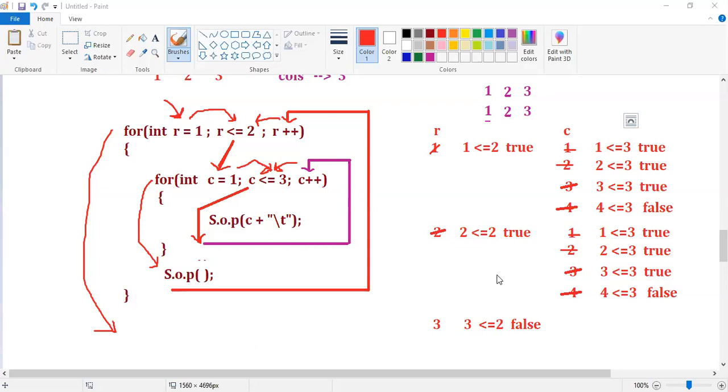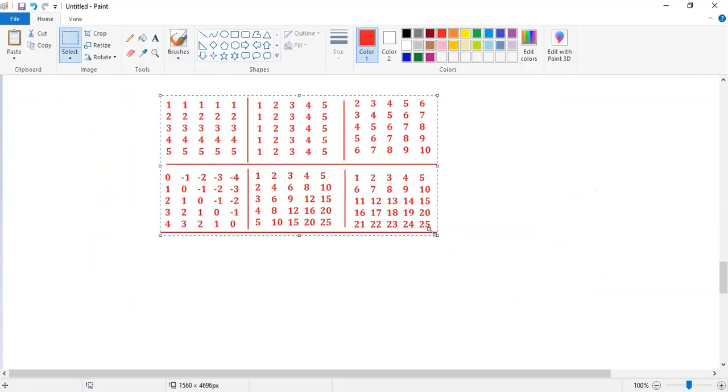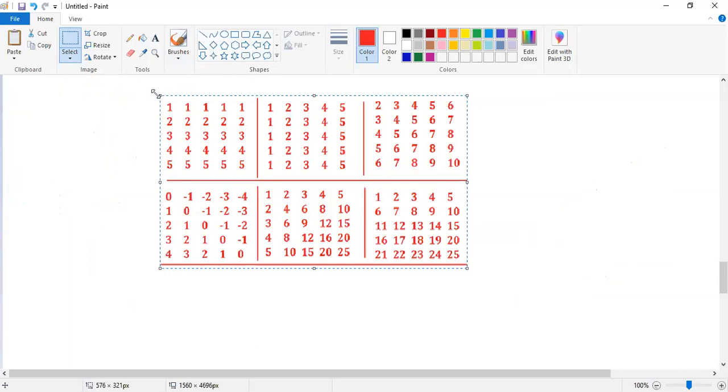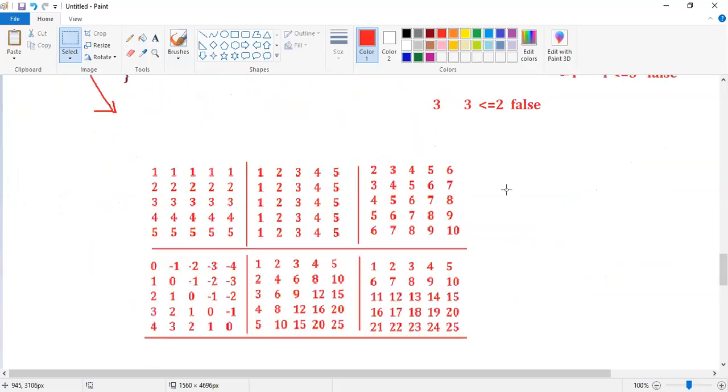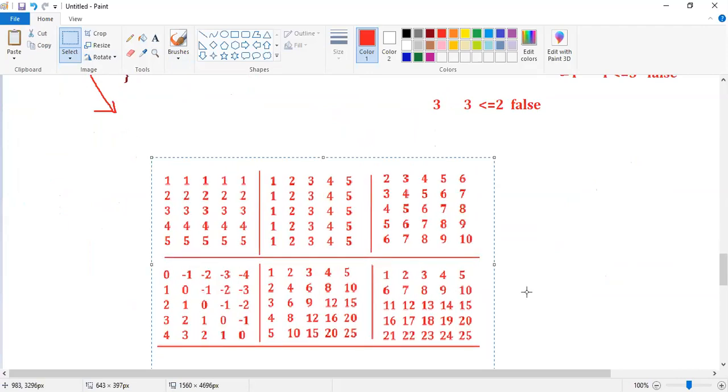Your task is what? You have to display this flow, guys. I need to get this output, guys. This is your task.